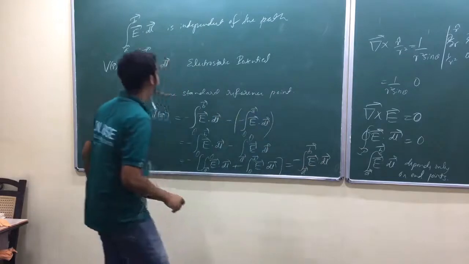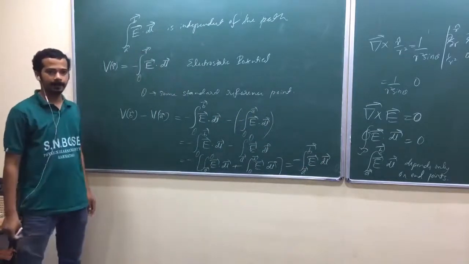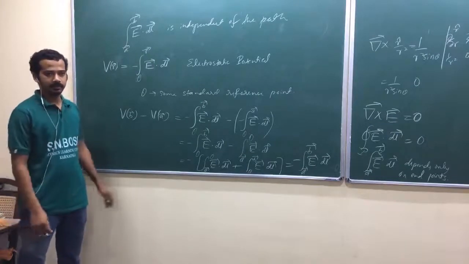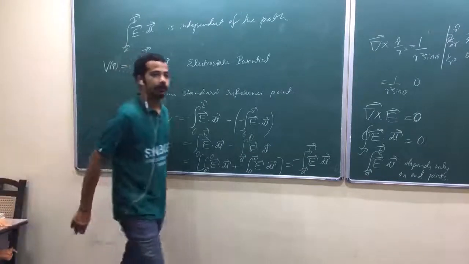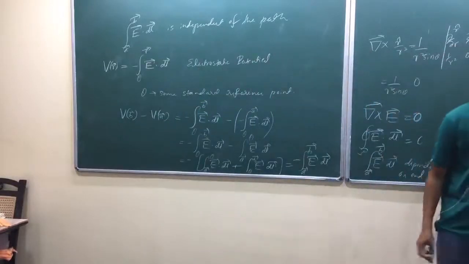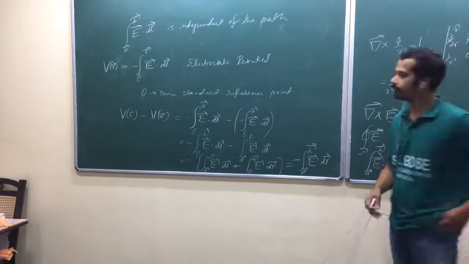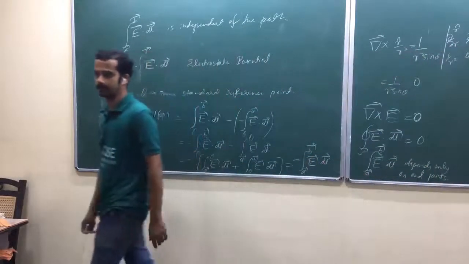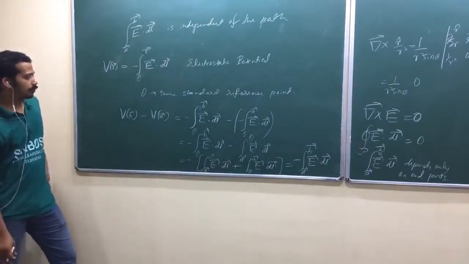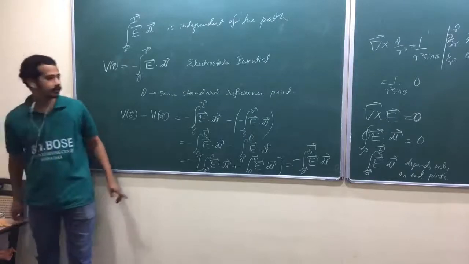Look at here. That is unique, isn't it? That doesn't have any ambiguity. That's why potential is not really a physical quantity, because it has got ambiguity. Potential difference is a physical quantity, we shall discuss later. So that's why potential difference is unique, remember. It is irrespective of the choice of your reference point.